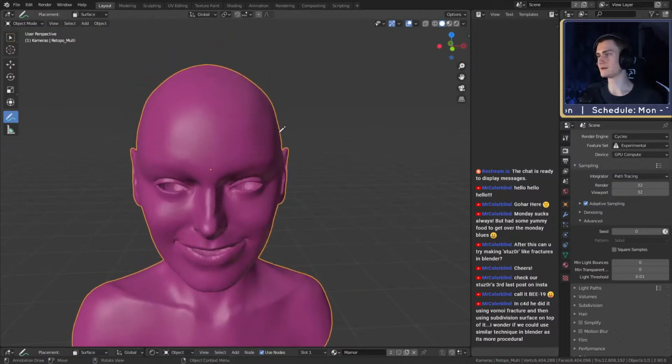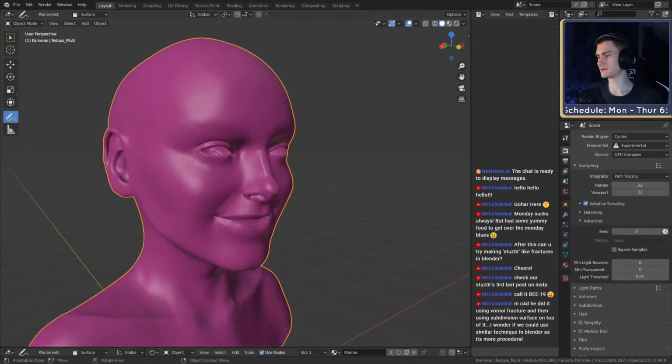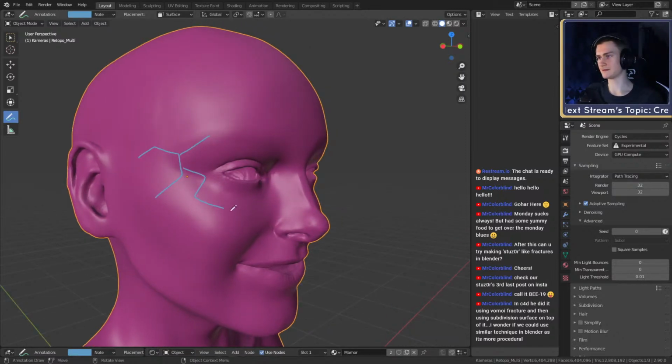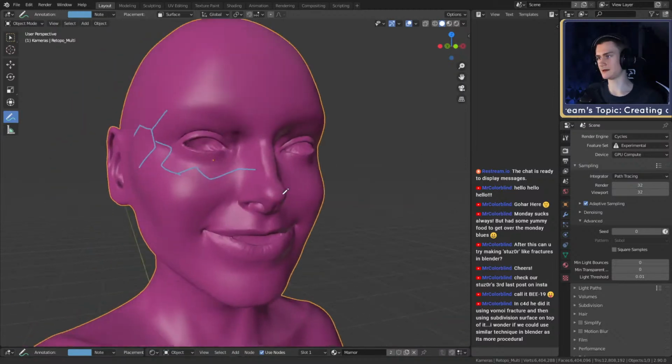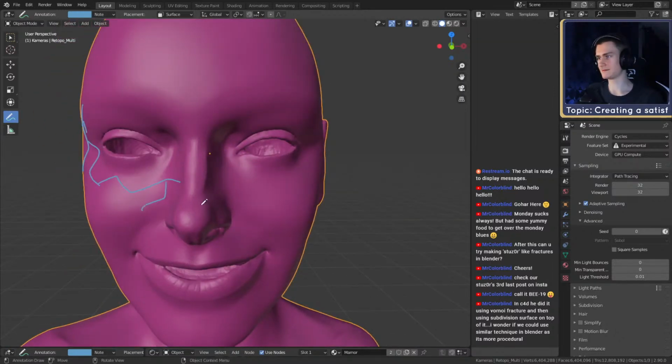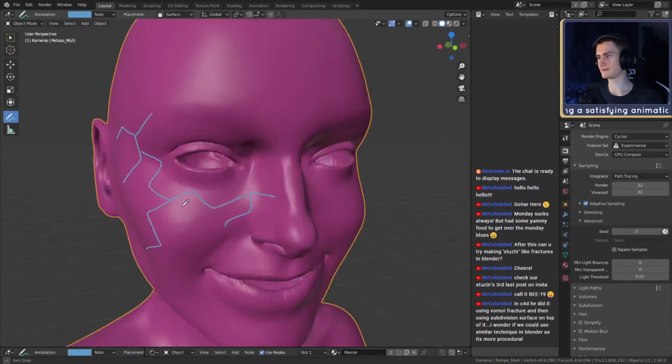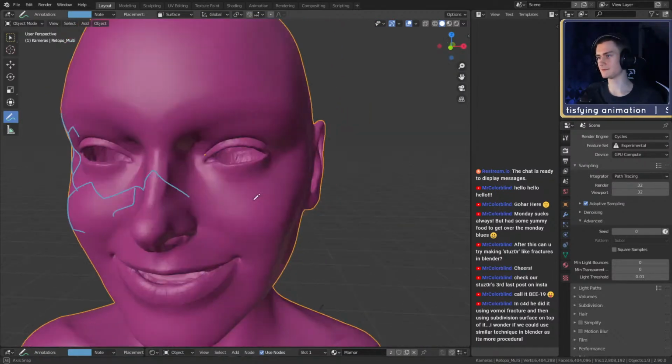Let's go back. Okay, if we, for example, look at the reference, it's on the eyes. Let's see, what if we go in here, draw some around her eyes first. This might be too elaborate, but we'll see.